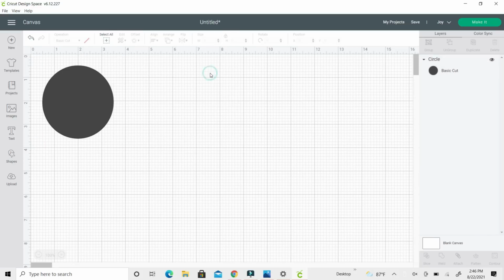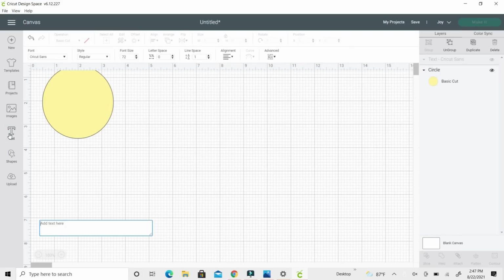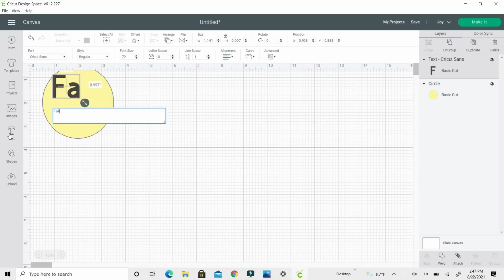And then I'm just going to look through all of my fonts and pick one that I really like. The one I ended up using was called Hello S'mores, which was really fun, very fall. And I'm one of those weirdos that really likes to look at fonts, and so this was really fun for me. And so once I got my font and got it all fixed the way that I wanted it,